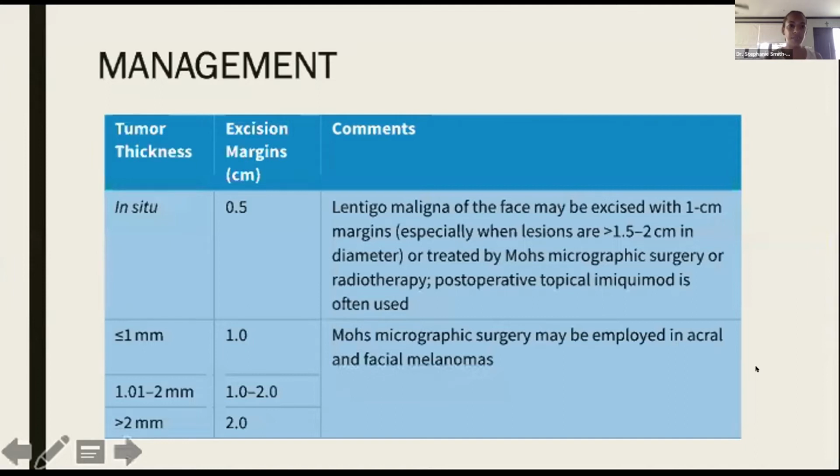How do we manage these patients? The guidelines are quite clear for us. And as I mentioned, the Breslow's depth is what guides our management. So here we can see whether we have in situ disease, whether a lesion is less than 1 millimeter, 1 to 2 millimeters, or greater than 2 millimeters. So our tumor thickness is also known as the Breslow's depth. And based on your depth, that is what your excision margin will look like. So it does show you how to manage these patients surgically. So that would be your next step once your biopsy has been confirmed.